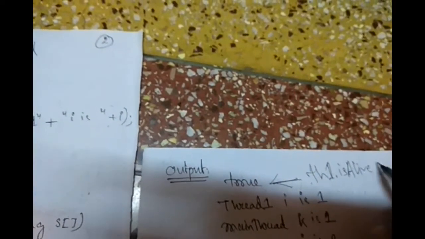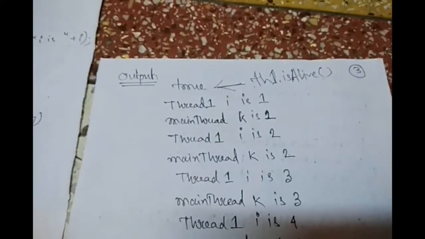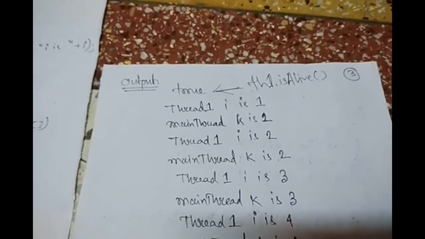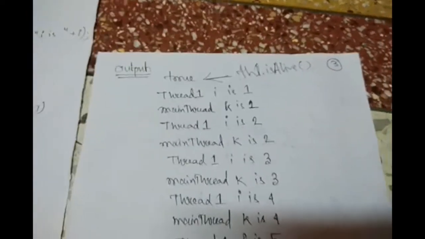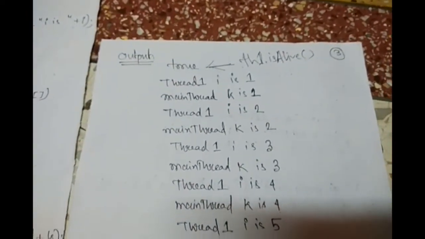Whenever we start the thread th1 and we print the value for this thread, it is true. And after the execution of thread 1 and, obviously, the execution of the main thread is over,